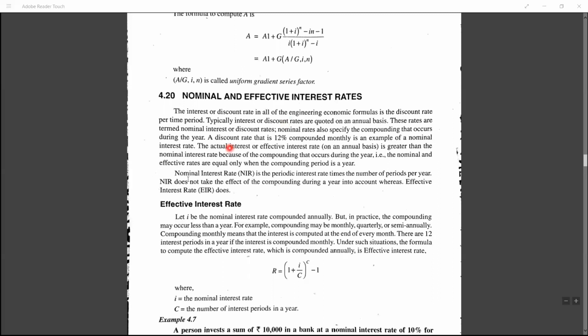Nominal and effective interest rate. Nominal interest is an interest which is based upon engineering economic formulas at a discount rate per time period. Typically, interest rates are taken for every 12% of the amount, which is nominal and effective rates. Nominal rates are calculated based upon the set fixed interest, whatever fixed interest you are getting, say 12% from a bank. These interests will be calculated based upon the cumulative rate of period. So, based on that, the effective interest can be calculated.